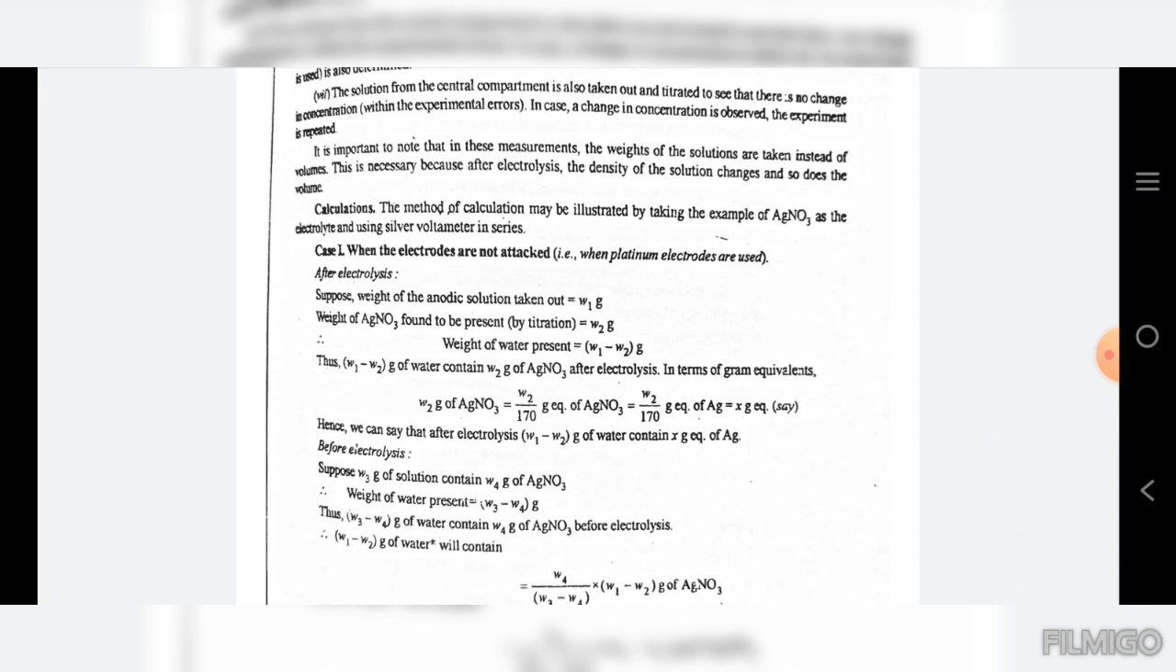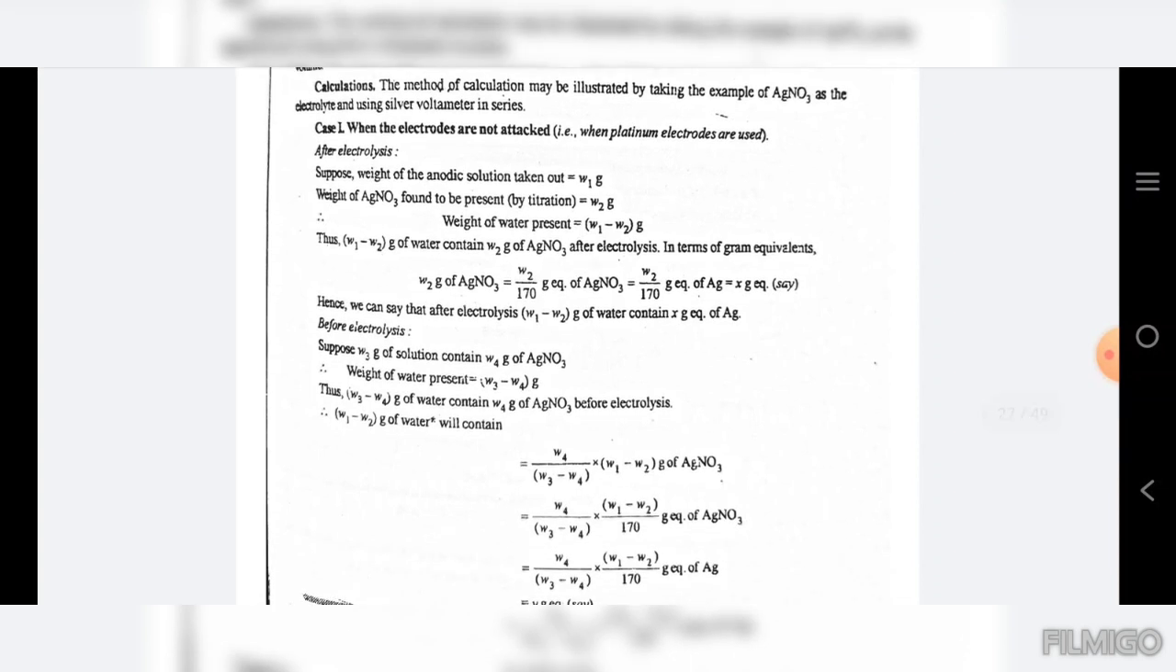In case a change in concentration is observed, the experiment is repeated. It is important to note that in these measurements, the weights of the solution are taken instead of volumes. This is necessary because after electrolysis, the density of the solution changes and so does the volume. Calculations: the method of calculation may be illustrated by taking the example of AgNO3 as the electrolyte and using a silver